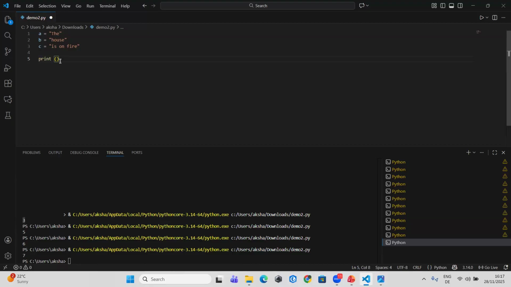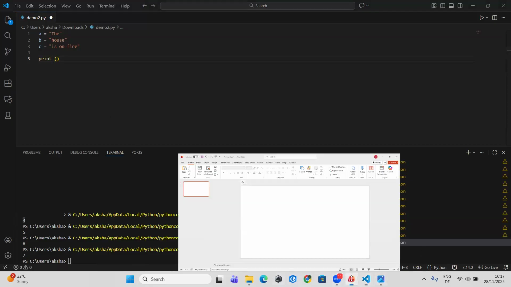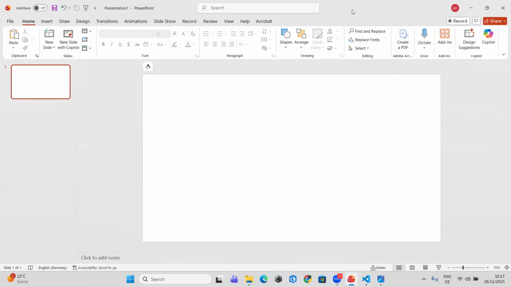What indexing means is, if I write in Python A is equal to the, now according to the concept of indexing,